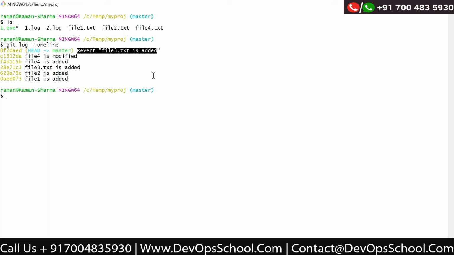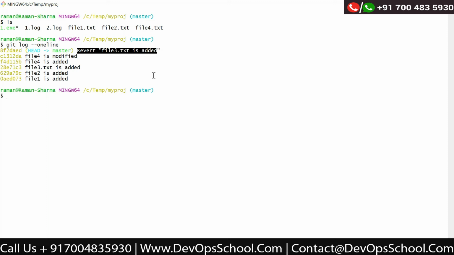It means now you can clearly see with this log why file 3.txt is not available, because I have executed this command and this command basically deletes the file.